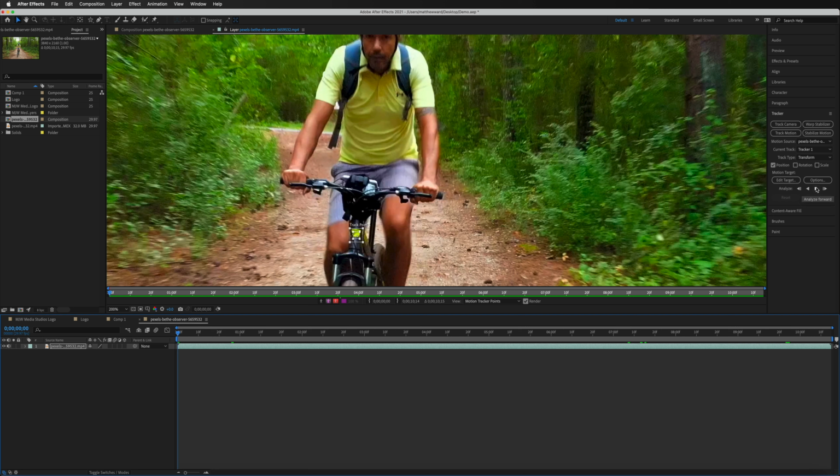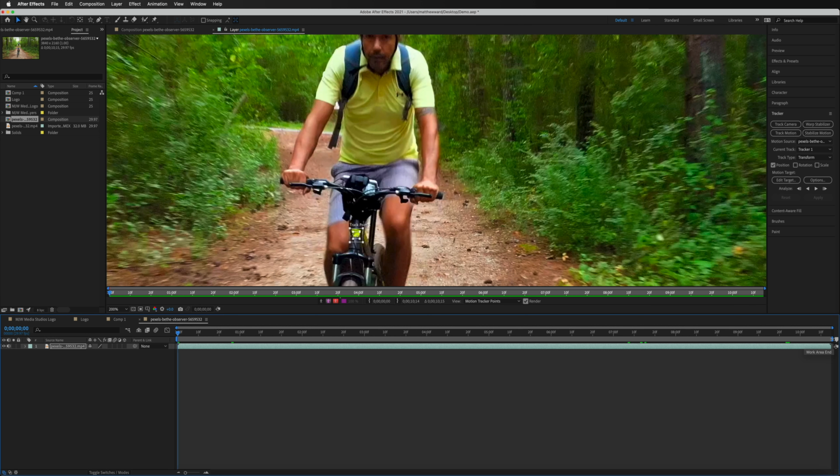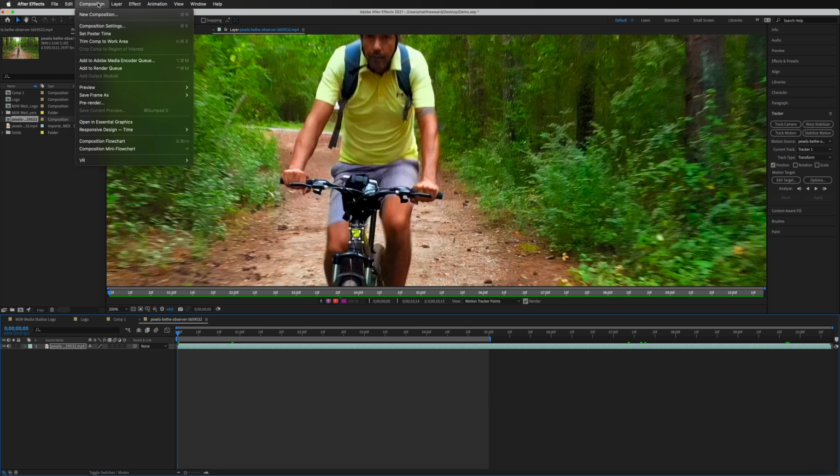But before we continue, I actually want to go ahead and trim this clip in half, as it's currently 10 seconds long, and I feel that's a little bit too long for what I'm trying to show you. So in order to trim this, we're going to head over to the right hand side, and you can see we've got this little blue area right there, which says work area end. If we drag that with our mouse across now to the point we want this to cut in half, so around 5 seconds, and just let go there. Then we're going to come up to the top menu bar to our composition, and we're going to go down to where it says trim comp to work area.